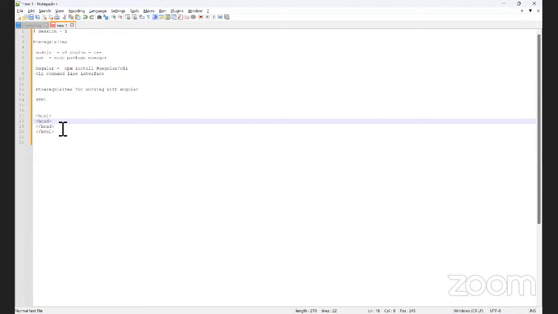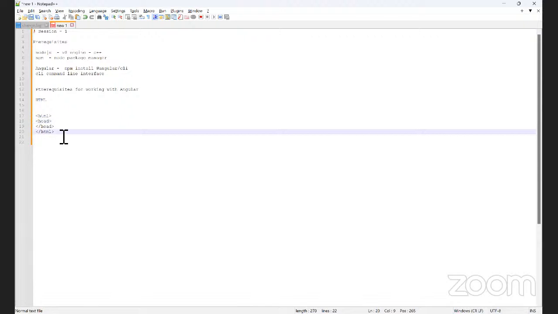It will print that text only. So HTML basically helps you create structure in the browser. So what is the structure? What is the header we need to give, what is the body, what is the footer, what is a sidebar, side nav.